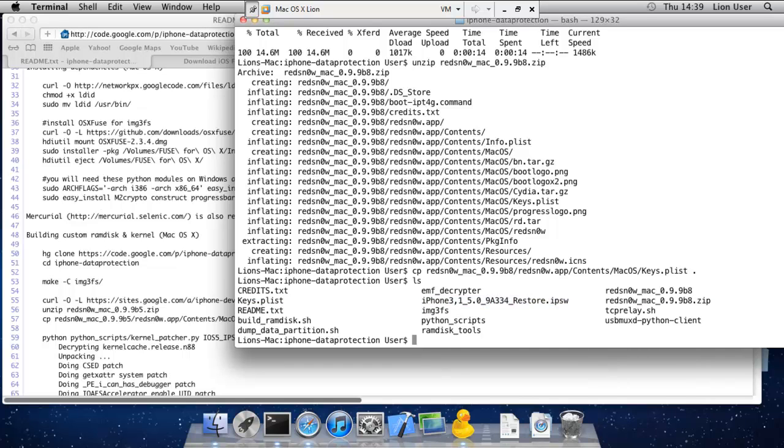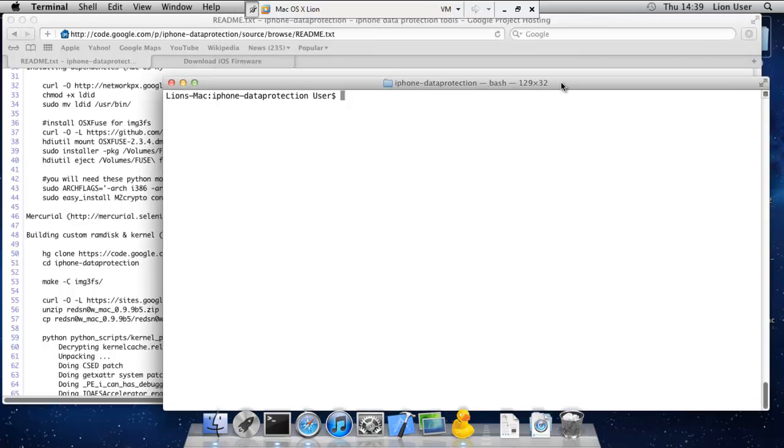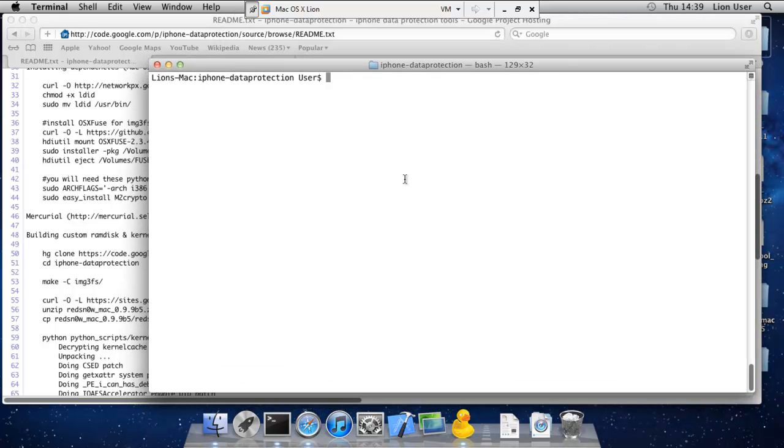Now we are going to run the kernel patcher Python code by supplying the iOS 5 IPSW file to it. This Python code is going to patch the signature checks in the kernel.